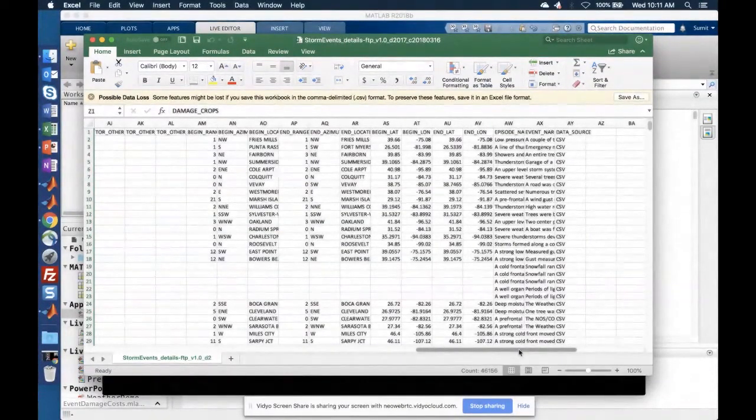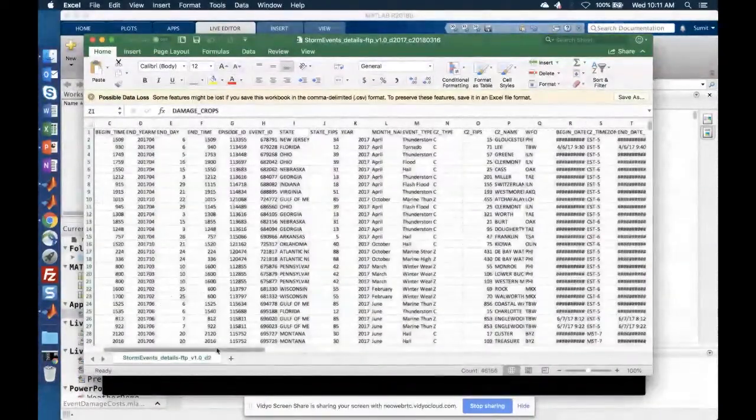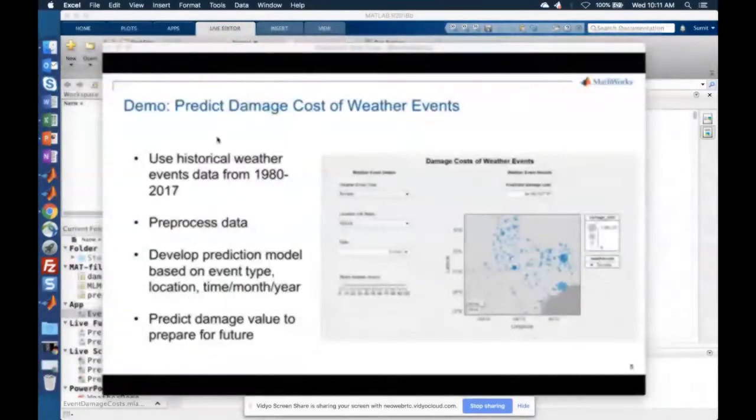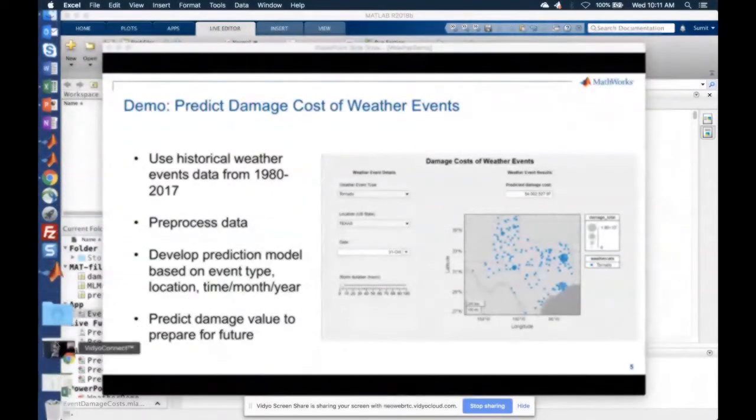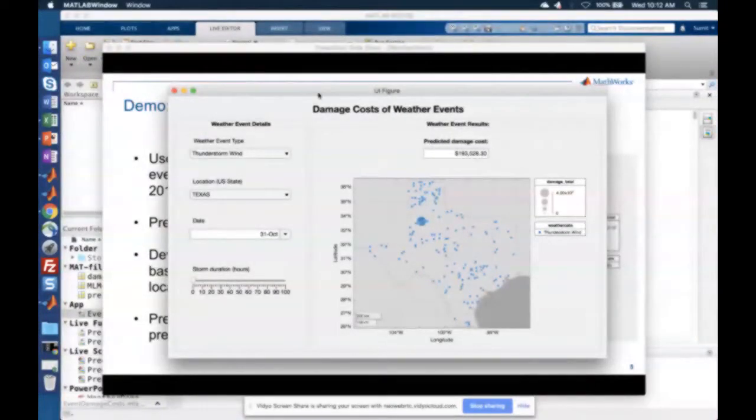So this is a pretty comprehensive set of weather event details or reports that you can download from the websites of government agencies. I want to download data like this, and I want to come up with an application like this,